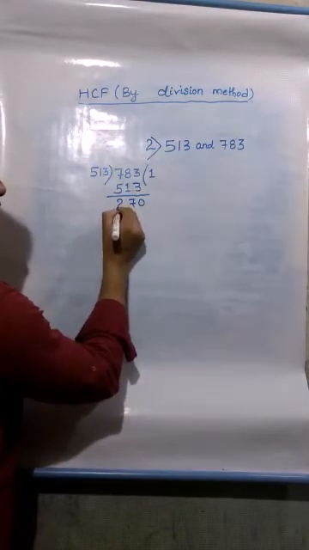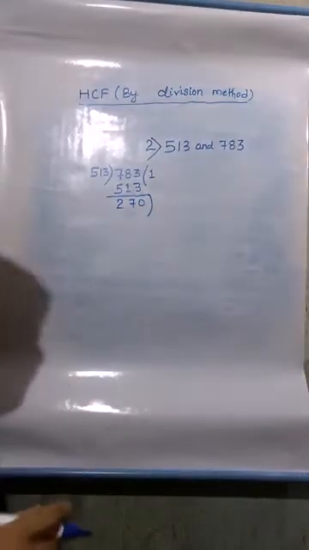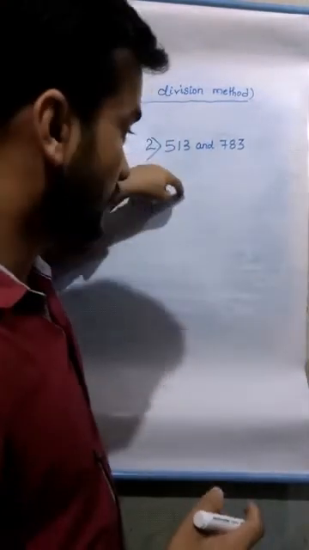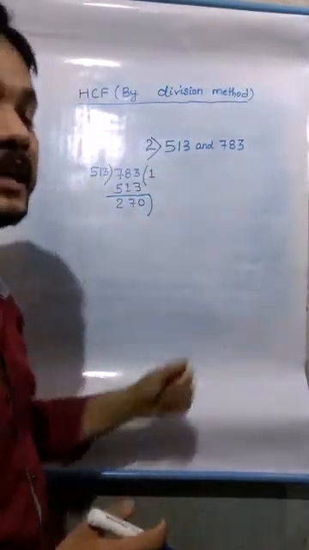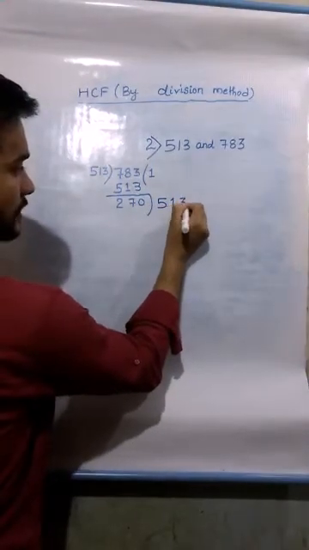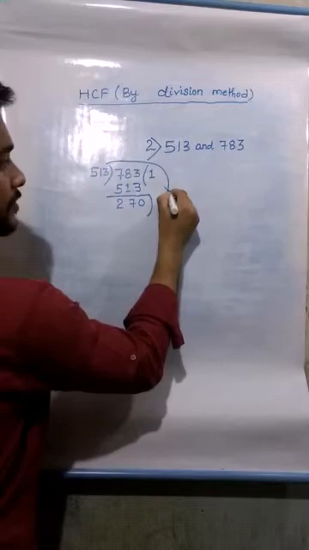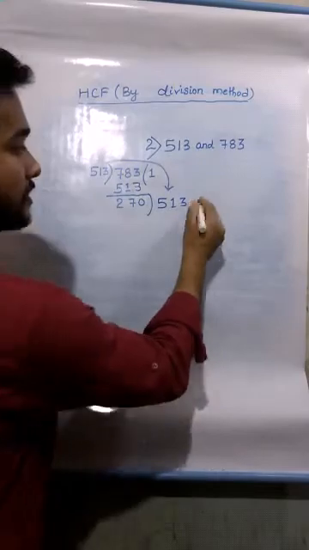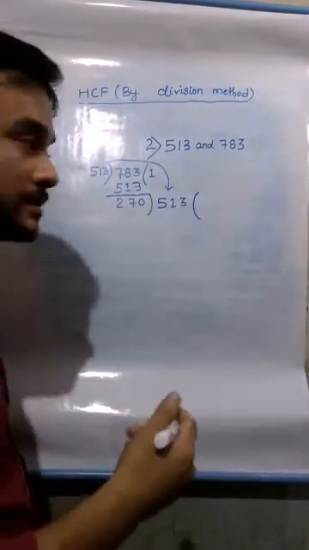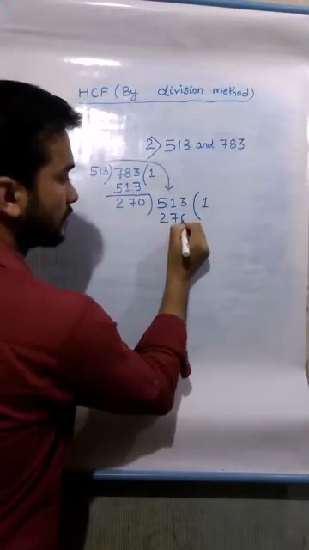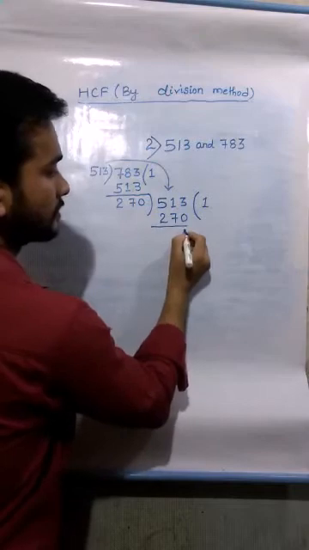7 2 Now what will we do? This remainder will become the divisor, and this divisor will come to this side and become the dividend. See, this divisor will become the dividend, and now we will again divide the two numbers. So 270 1s are 270. Now subtract it. 3